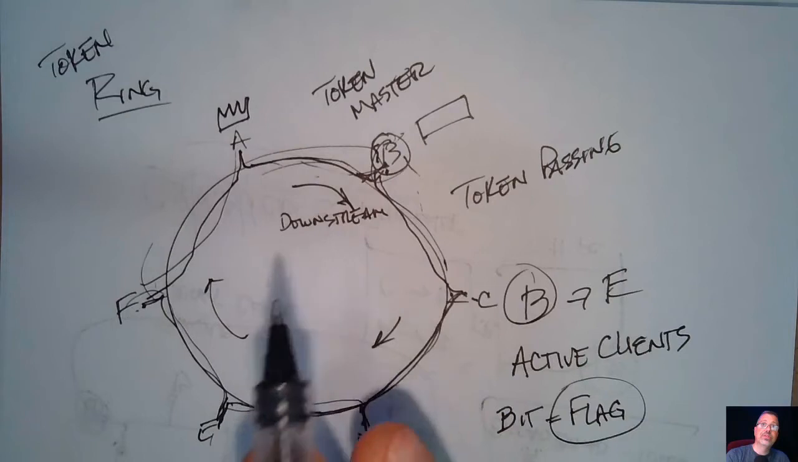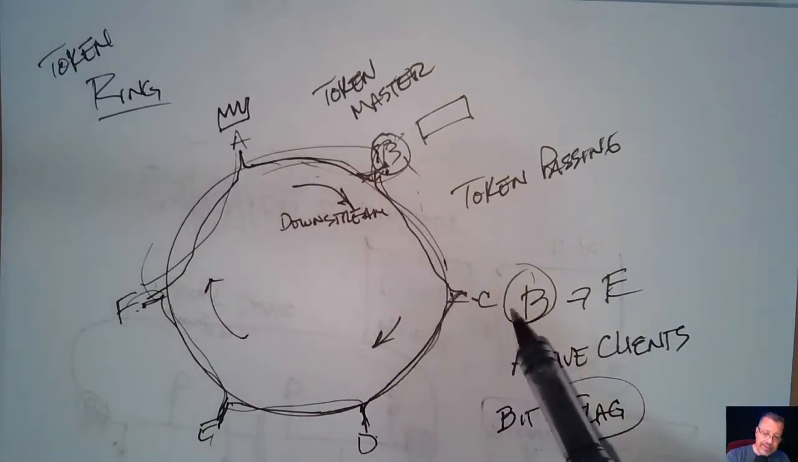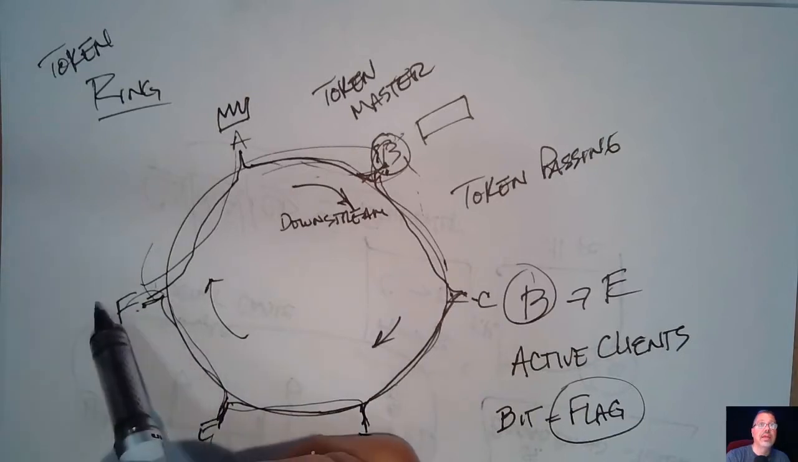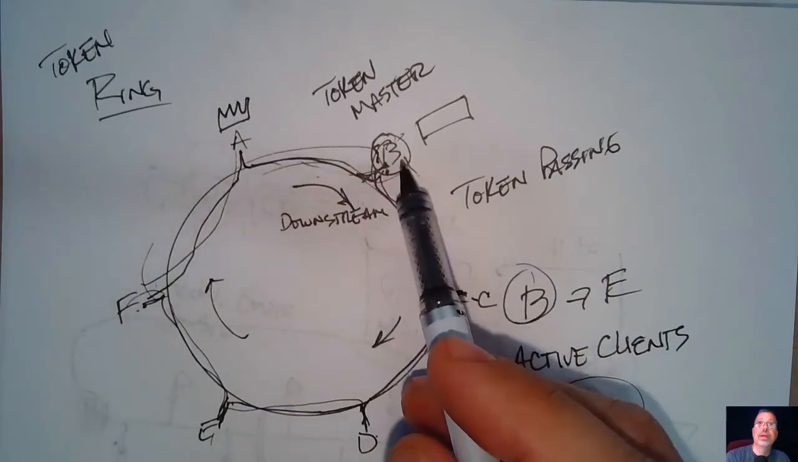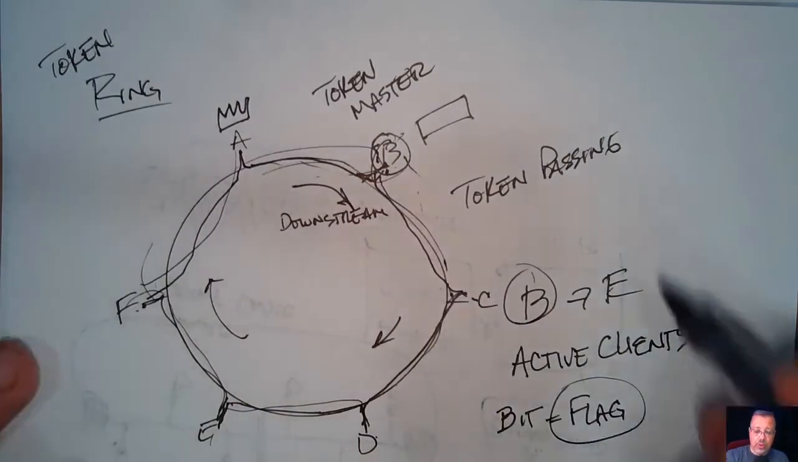Let's say that B wants to continually talk. B has to give C a chance, C gives D a chance, D gives E a chance, F gets a chance, A gets a chance, then it comes back around to B. So remember the